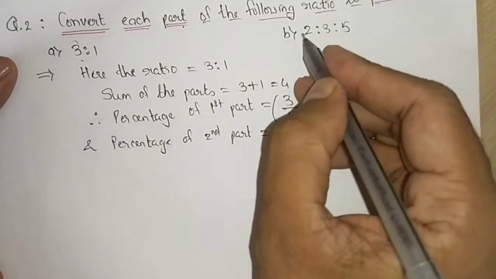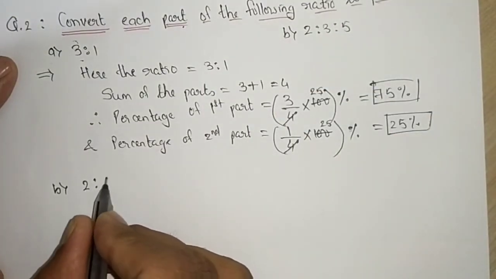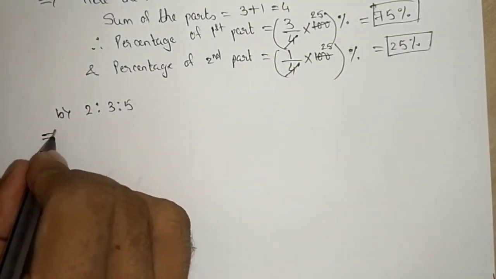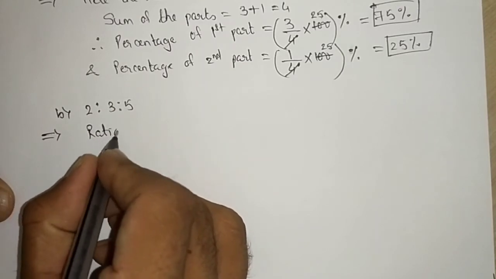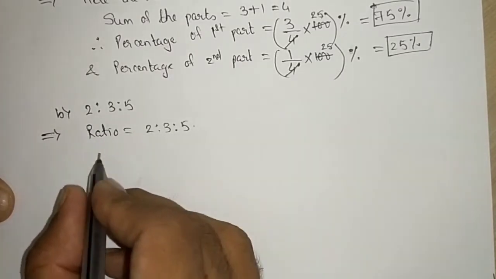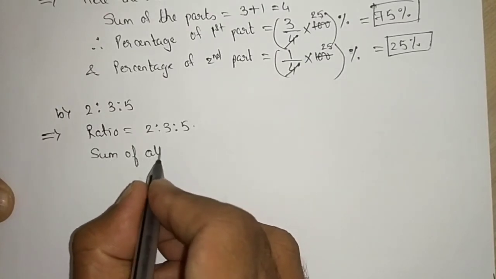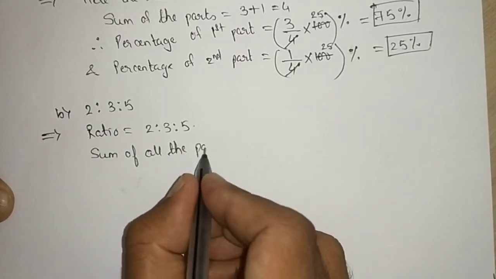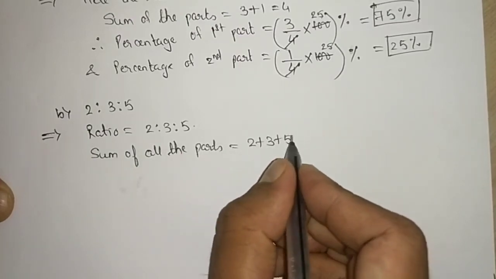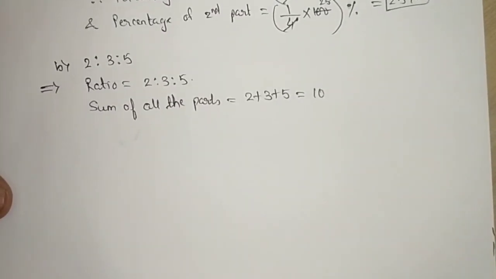Now coming to part B. Let me write here. Part B says 2:3:5. So ratio is equal to 2:3:5. Sum of all the parts is equal to 2 plus 3 plus 5 is equal to 10. So we will find, therefore,